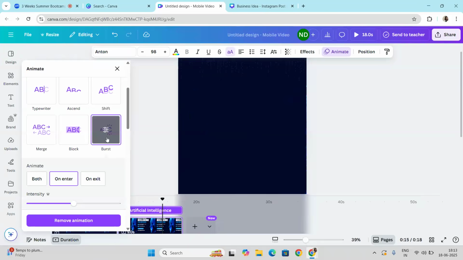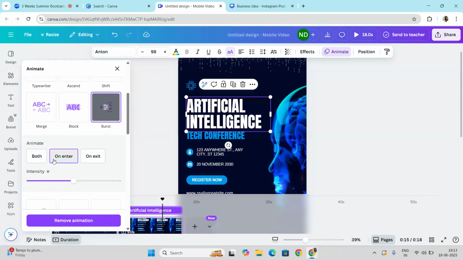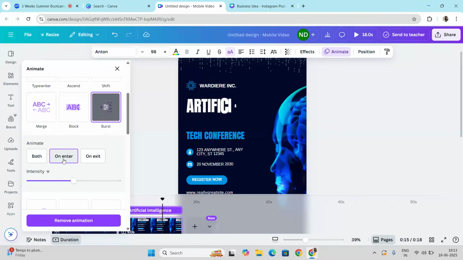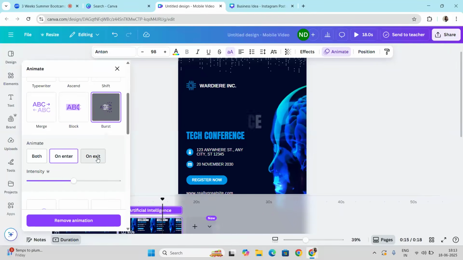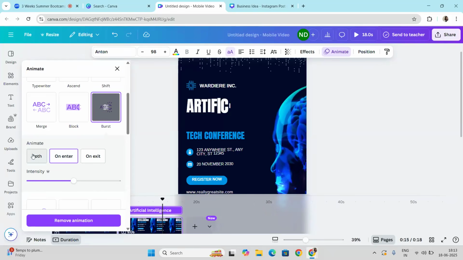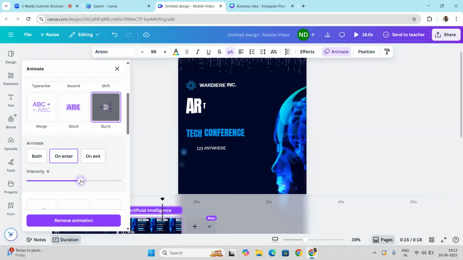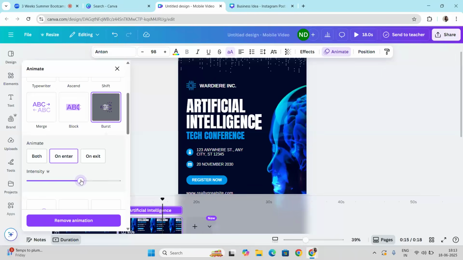I've just taken this burst one. By clicking on it, you can change it, and if you want to keep this animation on enter only, then you need to choose this. If you want to add this animation on exit, or keep it in both, you can do that as well. And if you have Pro, then you can reduce or increase the intensity as well, right?